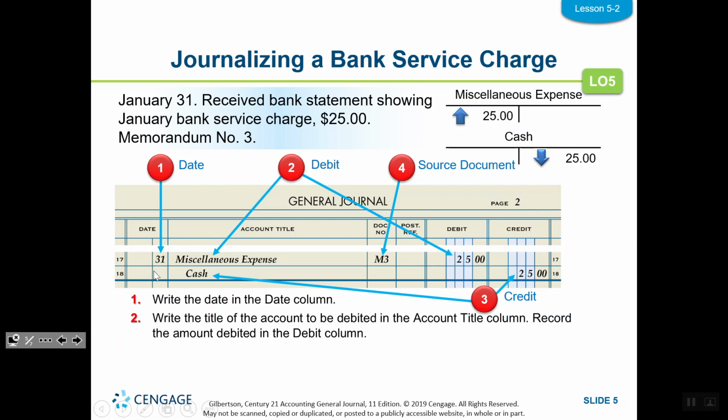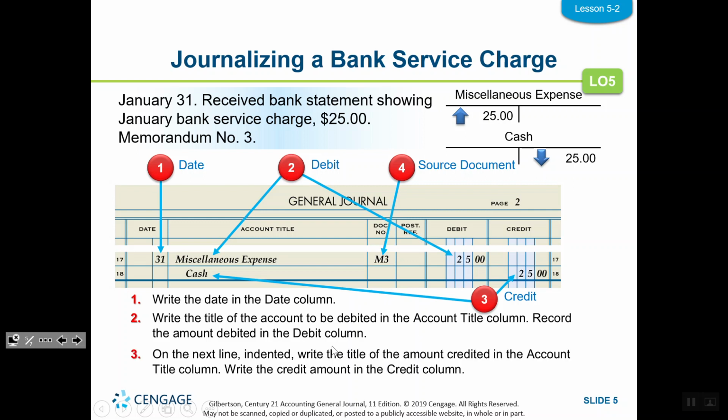So we write the date in the date column. We write the debit account title, miscellaneous expense, and the debit amount of $25. Then in the next line, we indent. We put the credit, in this case cash, and credit $25. And according to the book, the last thing we do is we write the memorandum number in the document number. Then just like any other transaction, we would post